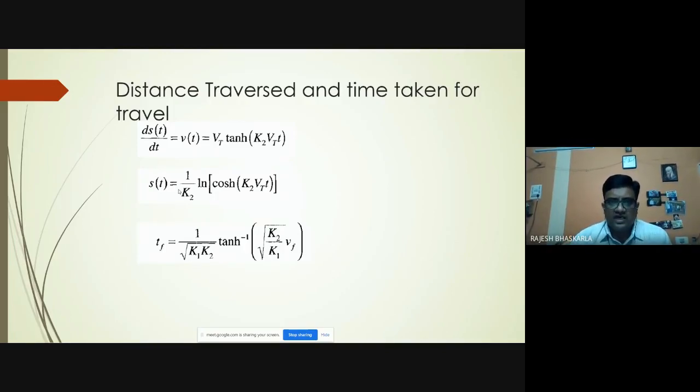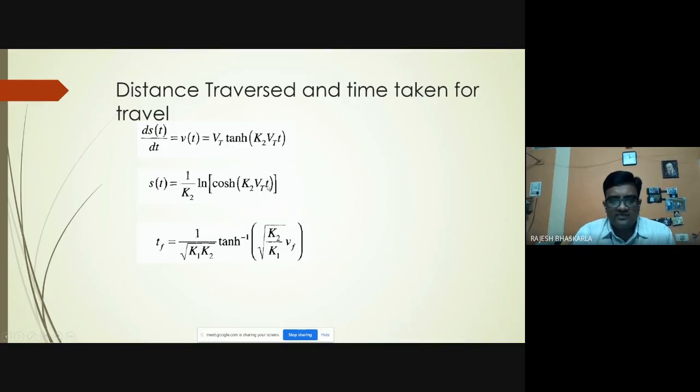That Reva car's maximum velocity was only 50 kilometers per hour. But now it has increased. Now they are able to travel more than 120 kilometers per hour using electric vehicles in India itself. If you see the e-Verito, all these vehicles travel at more than 120 kilometers per hour.